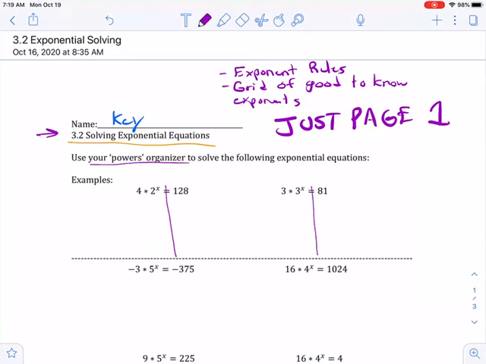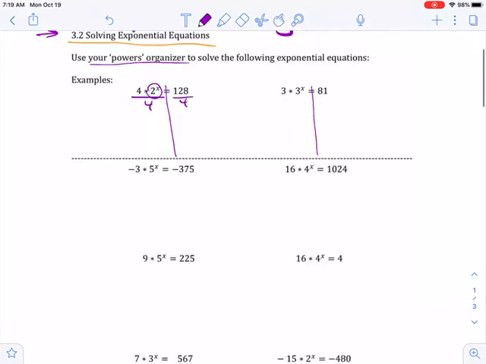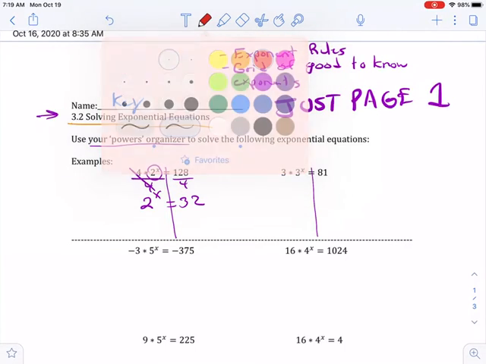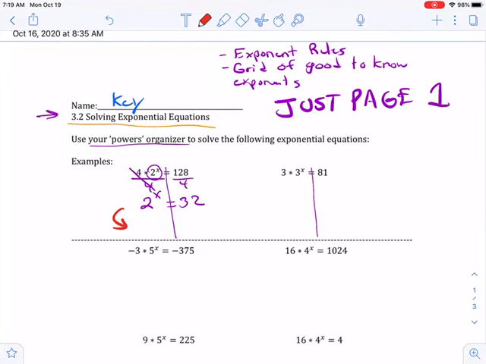So solving these equations is no different than how we've been solving some stuff all year, and that is to try to first isolate this exponential term, and then we basically have just a problem that we can hopefully solve in our heads. So here I'm going to start by dividing by 4 on both sides of this expression. If I divide by 4, I'm left with 2 to the x equals 128 divided by 4 is 32. And now I just have basically a thought experiment of 2 to the what power